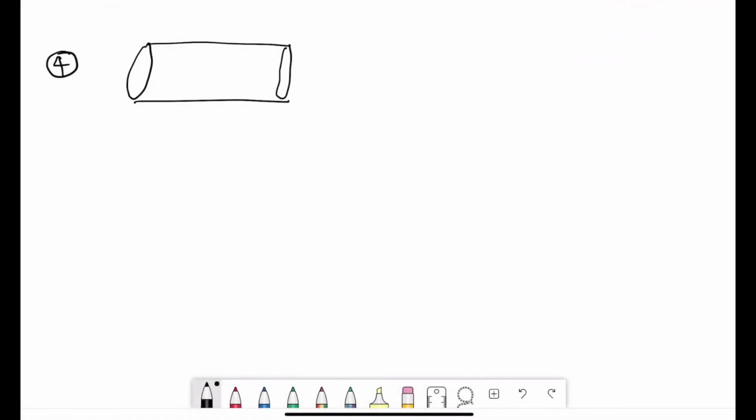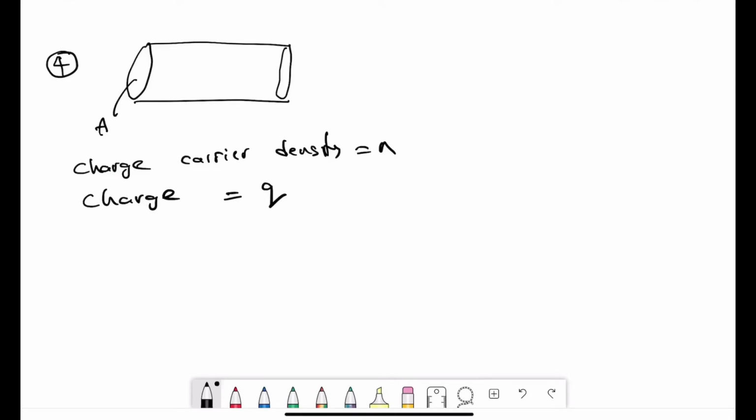Fourth question. For a conductor which has a cross-sectional area of A with a charge carrier density n, and suppose the charge of each carrier is Q, and the drift velocity of these charge carriers is simply v. Therefore, we can write the electric current flowing in this conductor using the transport equation, which is